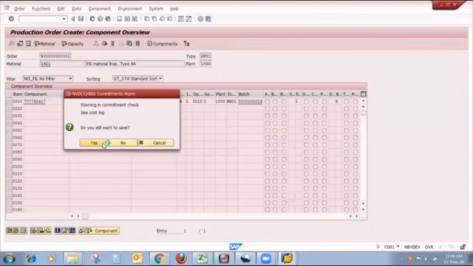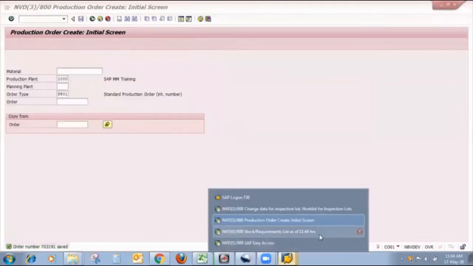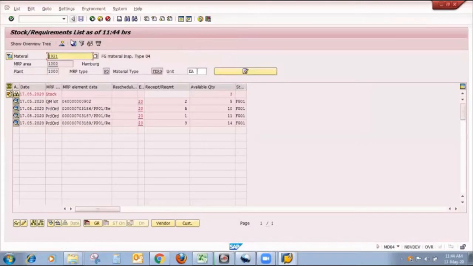Here execution takes place, it takes some time, no problem. In the stock requirement list, I am refreshing it. Now this is my production order of 5 quantity.